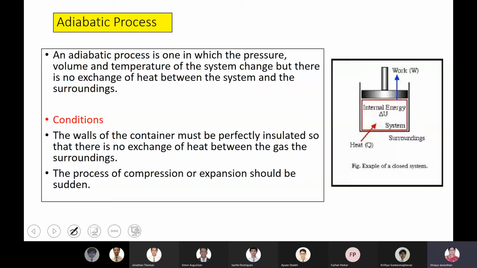We completed the isothermal process. Now we'll move on to what is an adiabatic process and the conditions required for the adiabatic process. Right, boys? Now in an adiabatic process, keep this in mind. There are two thermodynamic processes happening, boys. Right? One is,